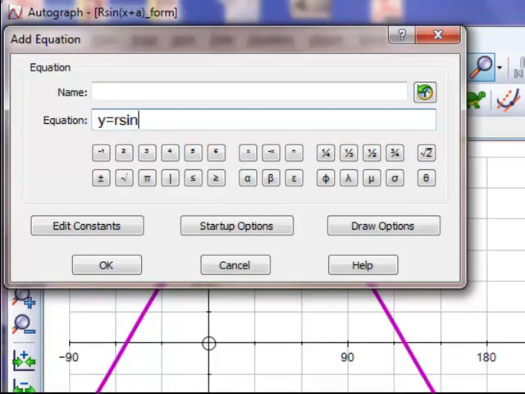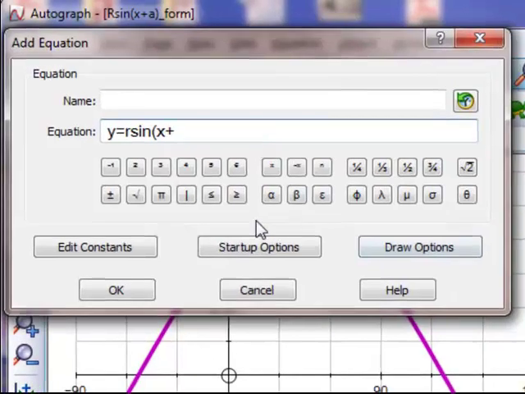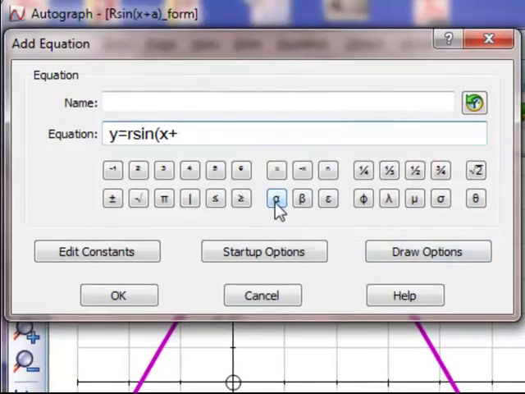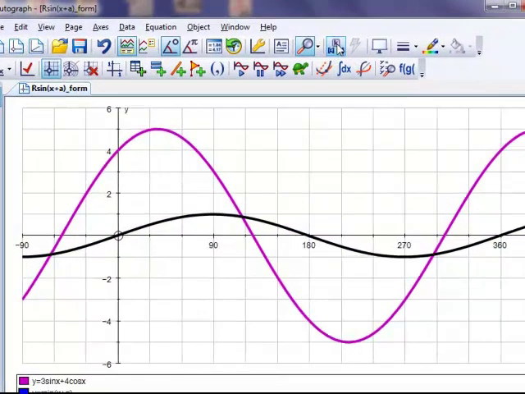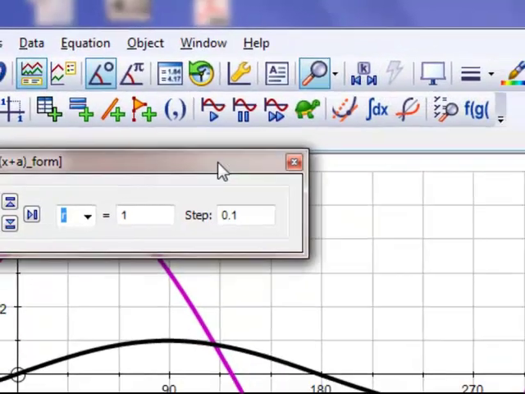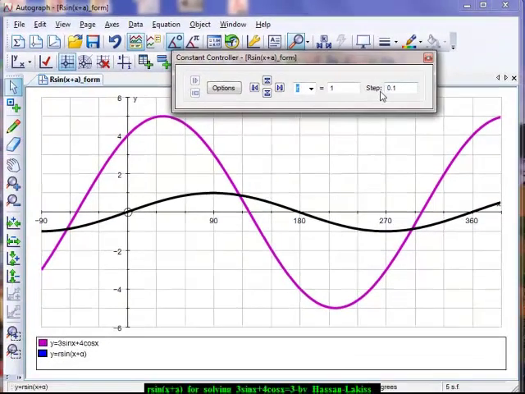sine brackets x plus, and the alpha is over here. You can use any letter you want, and close bracket. If you press OK, it'll draw it straight away. Select that blue one, go to the constant controller, select it, move it across with the left mouse, and we